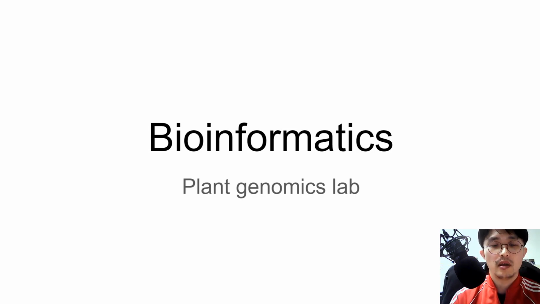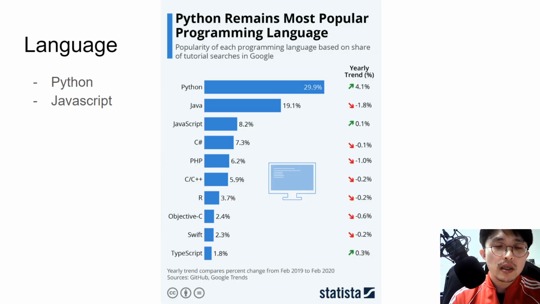But here we are calling it bioinformatics, and we usually use computation languages. First one is Python and second one is JavaScript. The reason why we select Python is that Python is the most popular programming language because of the diversity of the modules. It supports machine learning, many string analysis, and artificial intelligence, and also it supports many